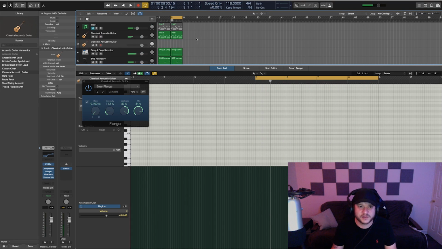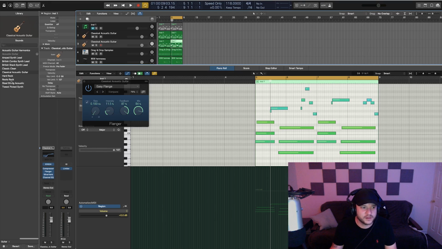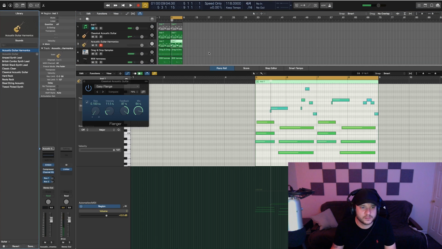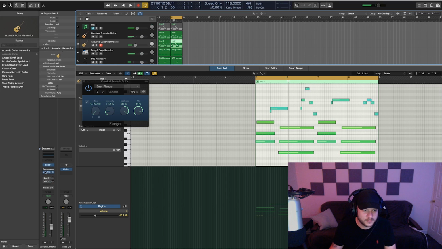So I just added a flanger to it. What if I double these up and maybe find a different guitar? So classic clean, acoustic guitar harmonics. And then what I want to do is